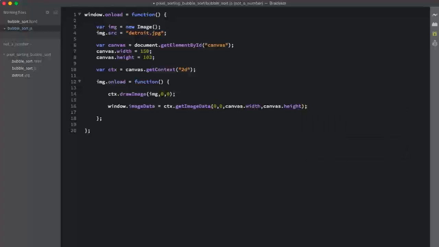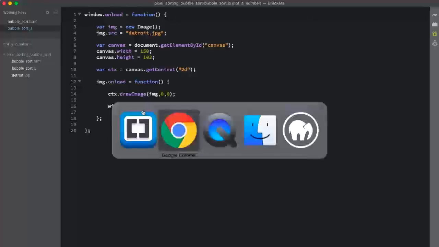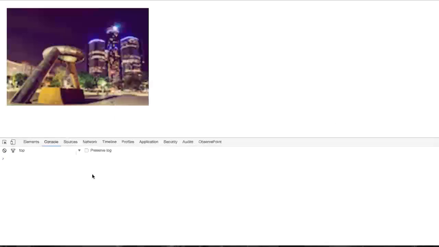So now this imageData object holds all of our data that we can manipulate. And it's worth going and exploring that in the JavaScript console a little bit. So if I refresh this page, now we should be able to see this imageData object. And you can see that the width is 150, the height is 103. And you can see that it contains a sub-object, which is actually an array called data. And you can see that this data array is 61,800 items long, which you might think is interesting